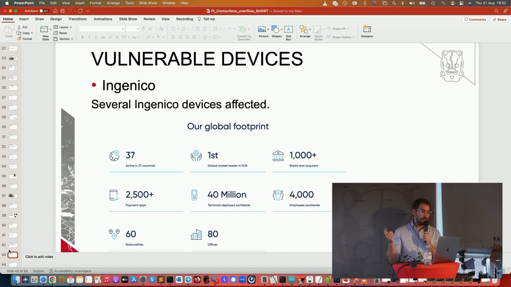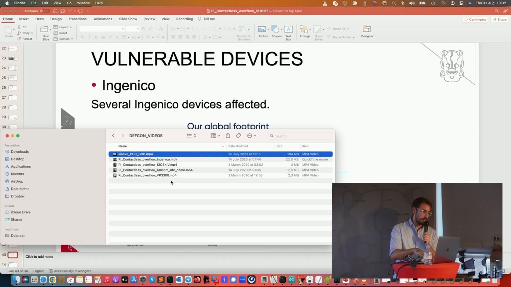So one example, I don't know how to say it in English because it's French, Ingenico. But this is a very important vendor in the world for payment devices and payment software. And several devices from this vendor were affected by the very same issue. And for instance, I can show you a video here